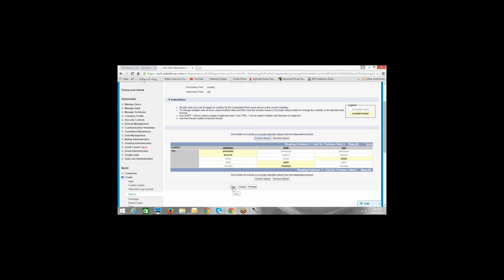Now definitely the model number should depend on which product I've chosen. If I've chosen a mobile, and if I've chosen a genre of the mobile, then only the model numbers which belong to that particular category should be visible to me, right? So that's very useful. We just took a simple example of country and city, which is again very useful. And then click on save. That's it. We just have to click on save and the job is done.